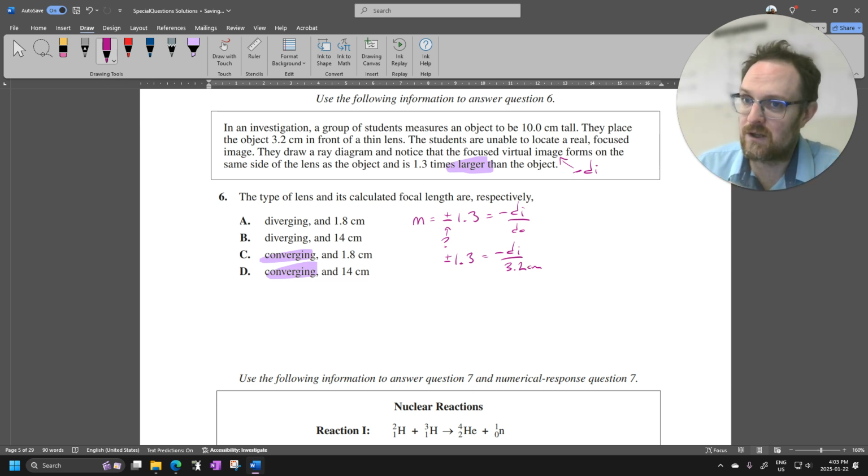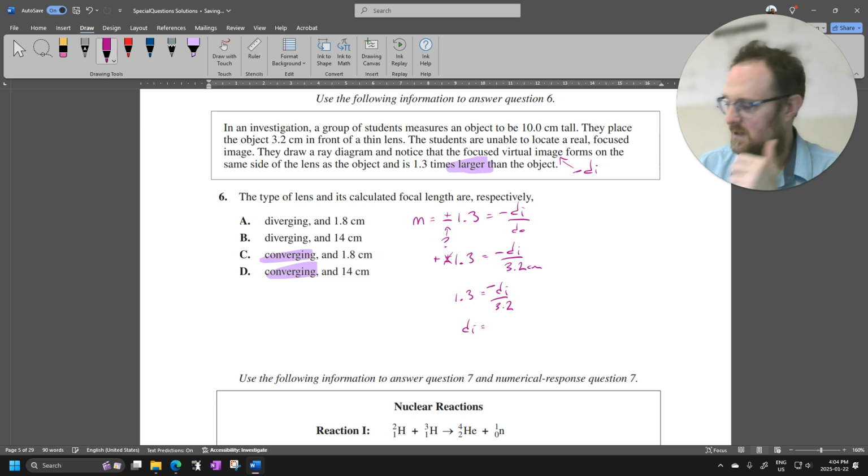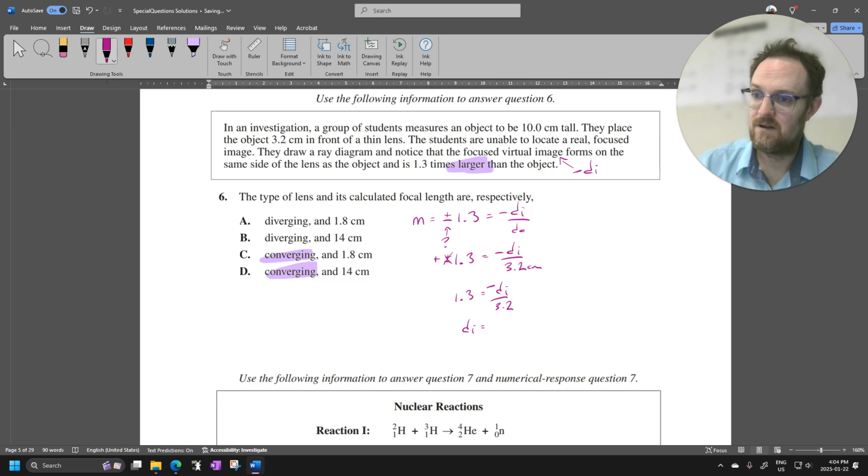So I can't have a negative 1.3 because two negatives would make a positive. So this has to be positive to make this work out nicely. Give me that negative DI. So DI would be 3.2 times 1.3, but negative, so it's going to be